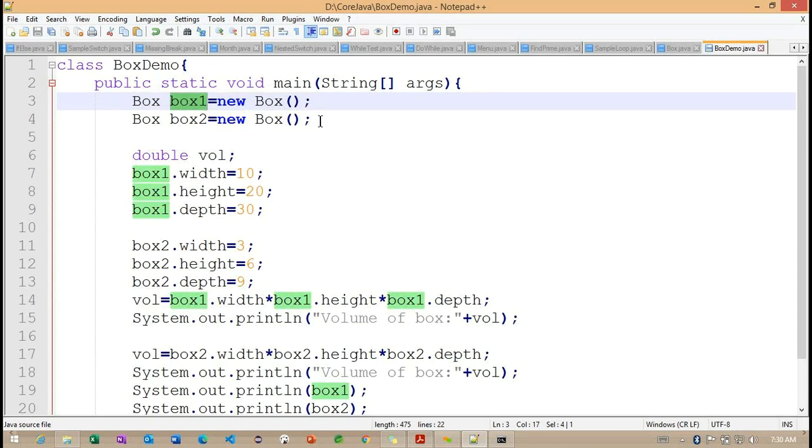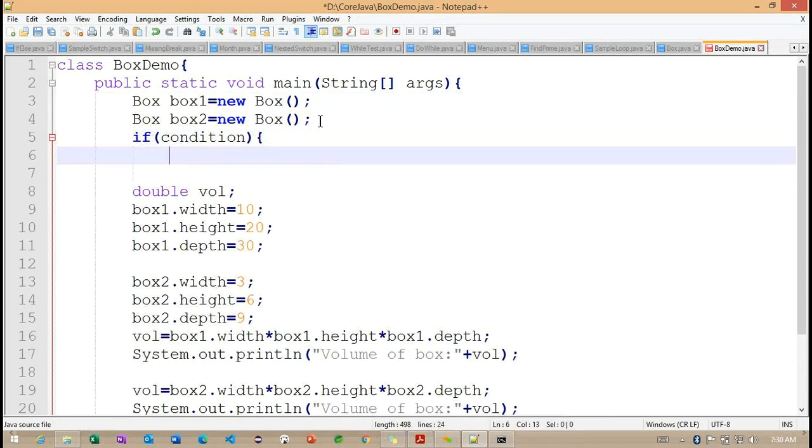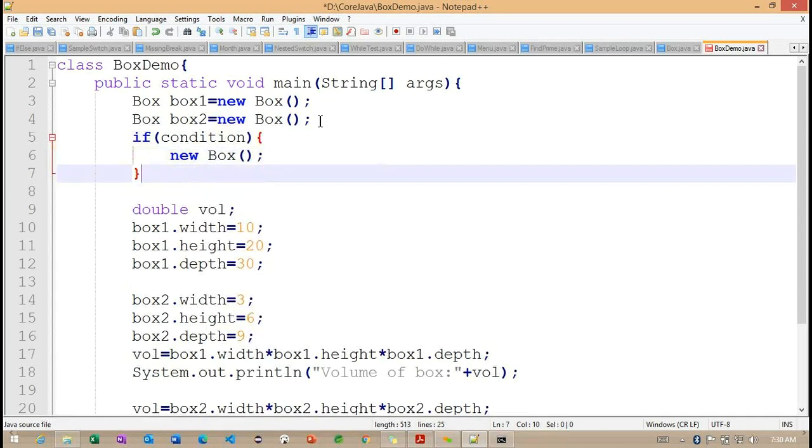So for example, with the help of this condition block, some condition I'm trying to define here. Inside this condition, if the condition is satisfied, I'm going to create one object here. Getting the point?